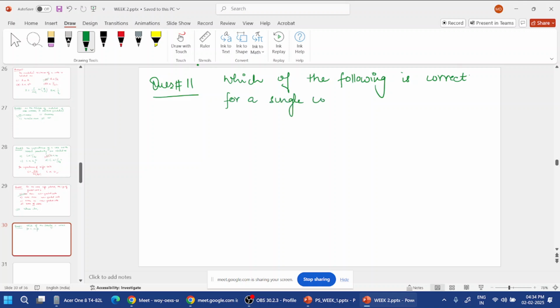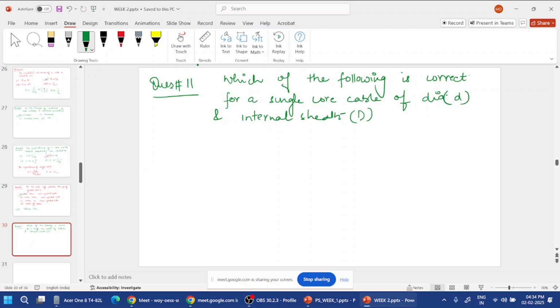For a single core cable of diameter D and internal sheath